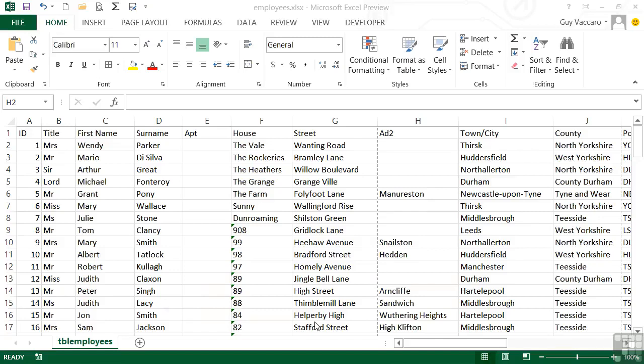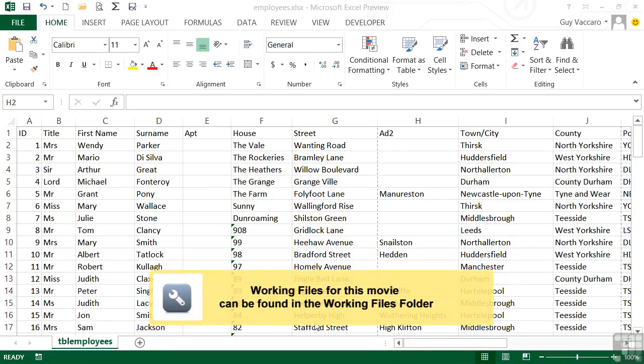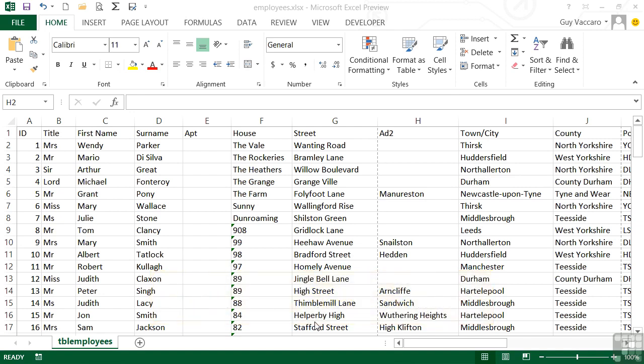Being able to use Excel to store data up to 1,000,000+ lines will mean that we will need to filter some of that data away so that we're not interested in seeing all of it at one time. Now, although our data here in employees actually only equals 105 employees, we can still filter out some of those employees. Now, the filtering works on a column basis. So we would look at, for example, street or town and city and filter out values that don't match those